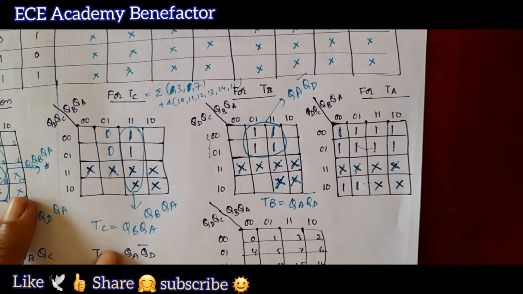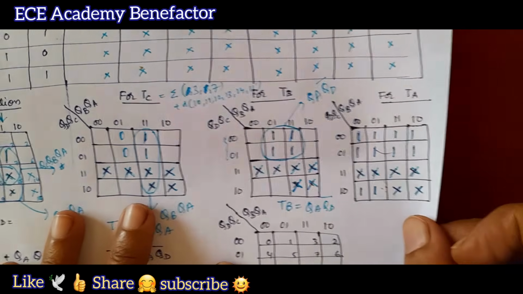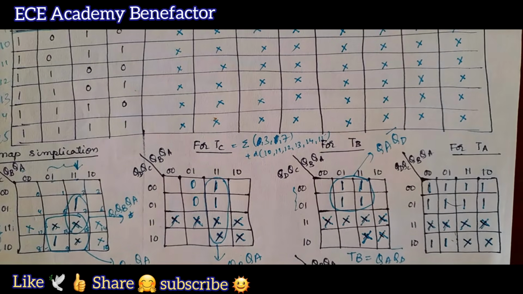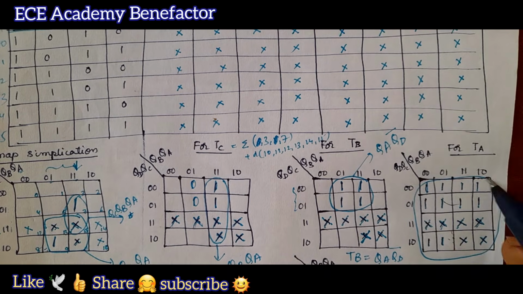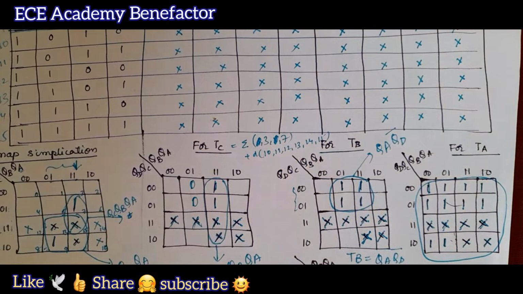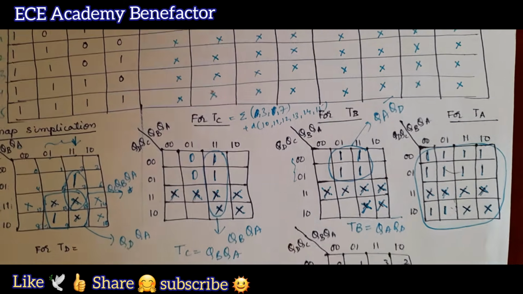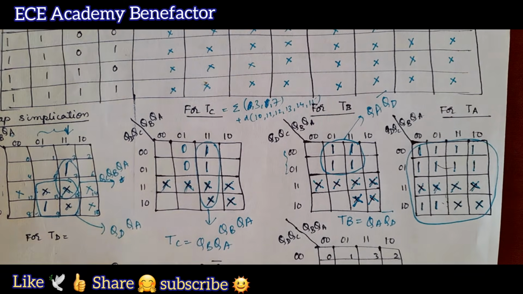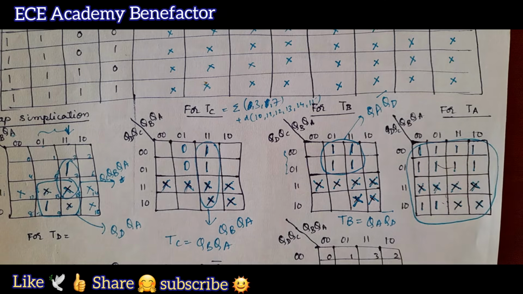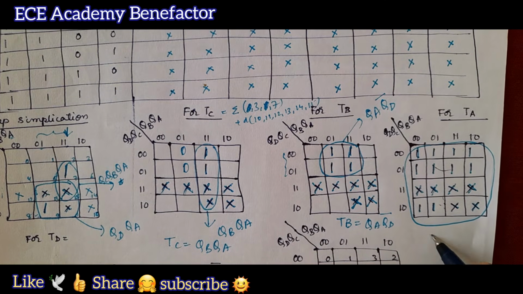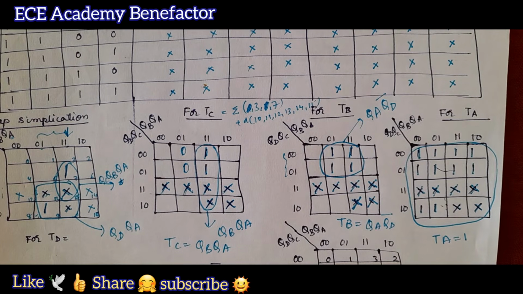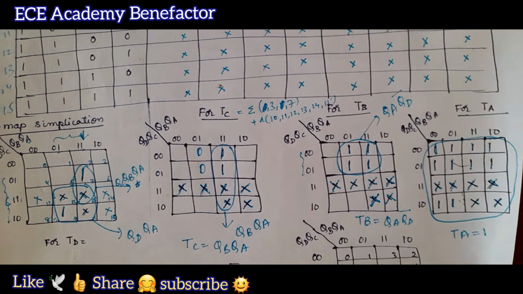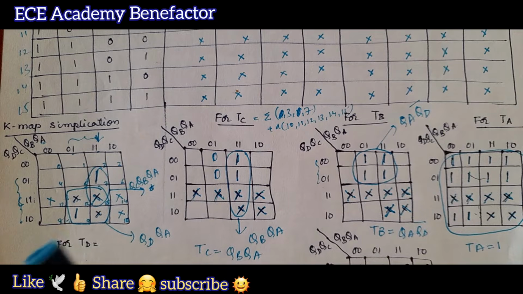So here we can form a quad like this, not quad, it is octet. Okay, so we can form an octet for TA. So when full is covered, what is TA now? TA will be equal to 1. Okay, so we have simplified all the 4 K-maps for TD,